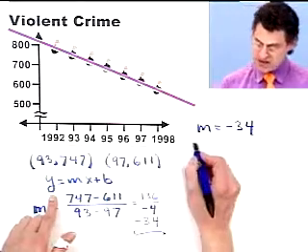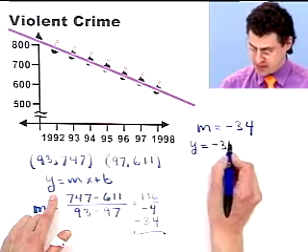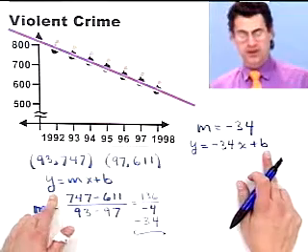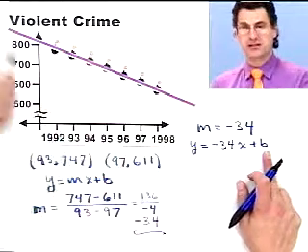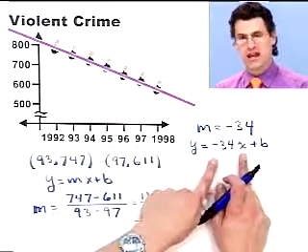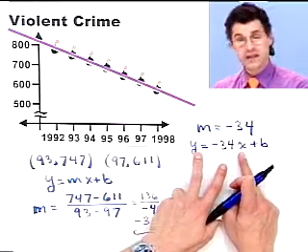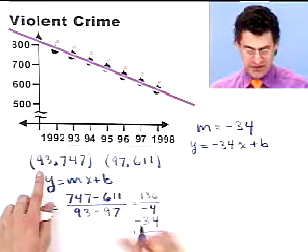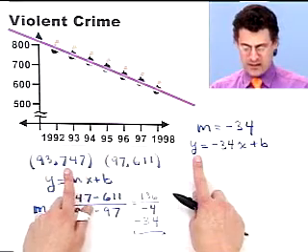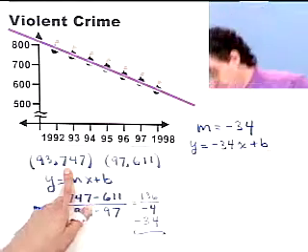What's the equation of the line? It's y equals the slope, which we just computed to be minus 34, x plus b. Now I need the y-intercept, which is hard to read off this picture exactly. However, since I know two points on this line, if I plug either of them in, they must satisfy this equation. For example, if I let x be 93 and y be 747, I could then solve for b. And that's what I'm going to do right now.